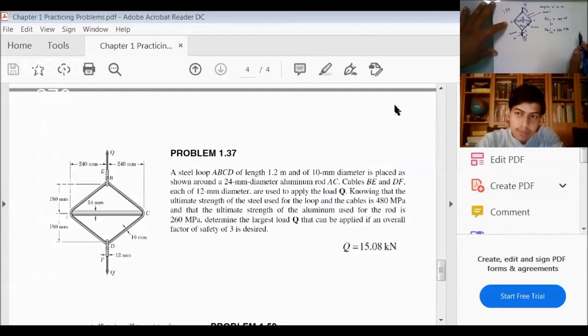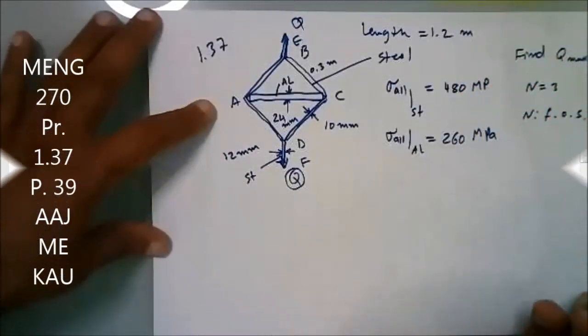What is needed? Determine the largest Q, find Q maximum. The largest load Q that can be applied if an overall factor of safety is 3. So he is saying that N is equal to 3. What is N? Is the factor of safety. Now let's solve this